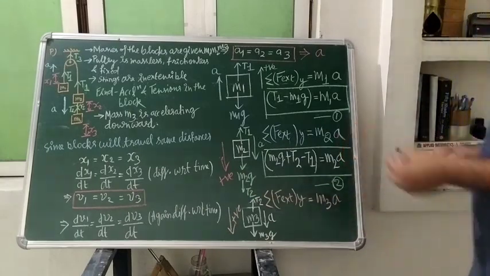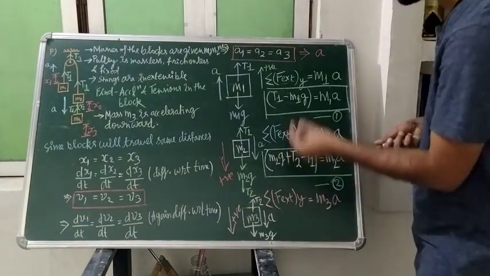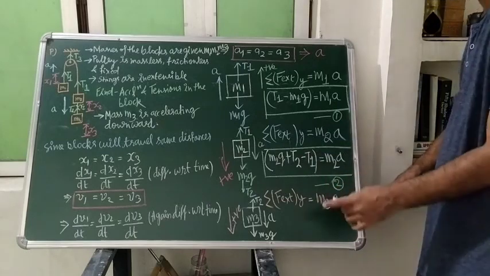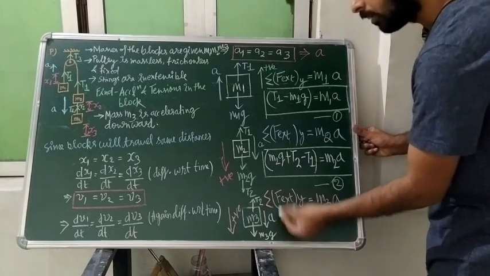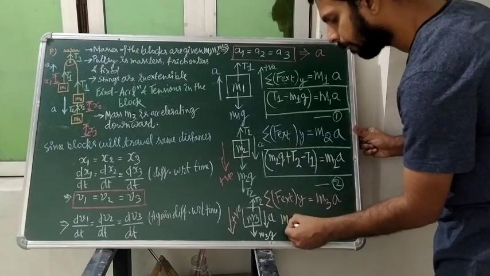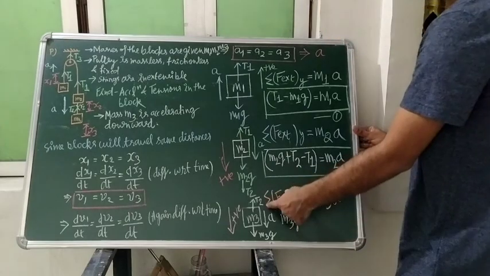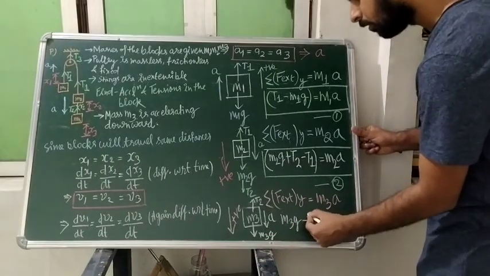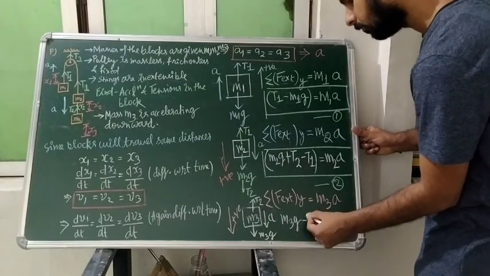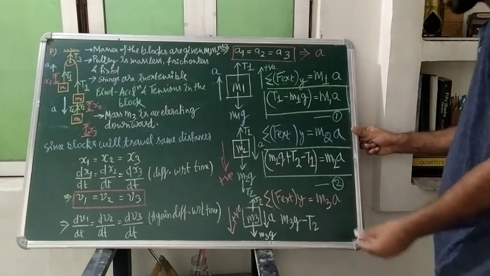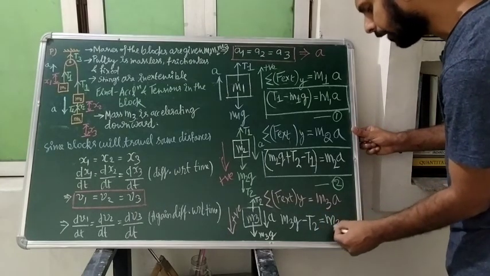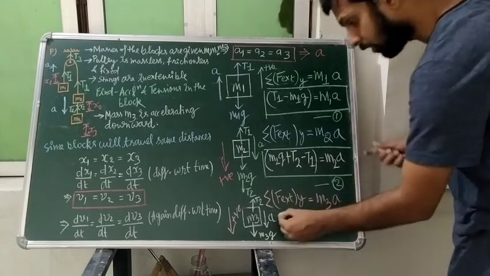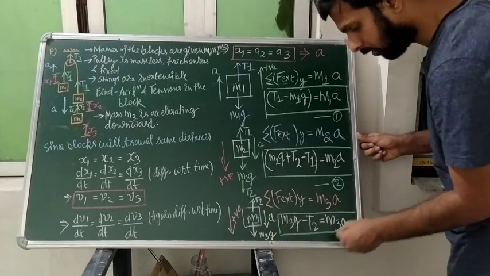It is the clever way of doing. Why? Because it is accelerating downward, so we will take that as positive, so that this expression can become positive. What is downward is positive, so m3g, and T2, for this string, the tension will be different. So T2 will become minus, and this would be equal to what? m3 times the acceleration. Getting it, student? So it will be our equation number 3.